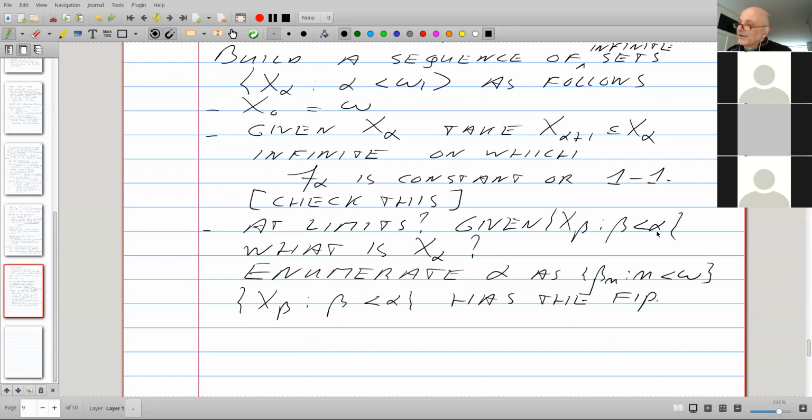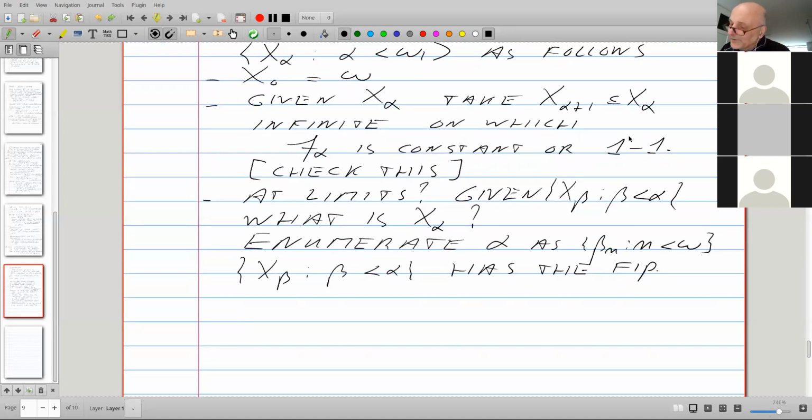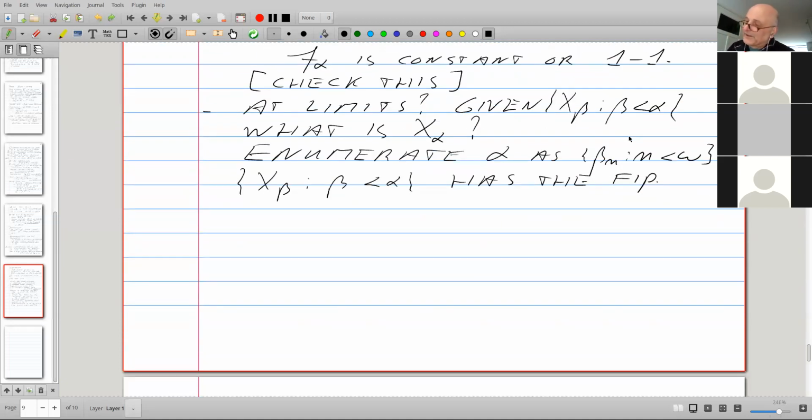Certainly, at the successive step, I cannot destroy the finite intersection property because X alpha is going to be an infinite subset of, well, I will show you in a moment why you cannot destroy the finite intersection property, because the sequence is going to have a stronger property than just that. But for now, we assume that it has the finite intersection property.